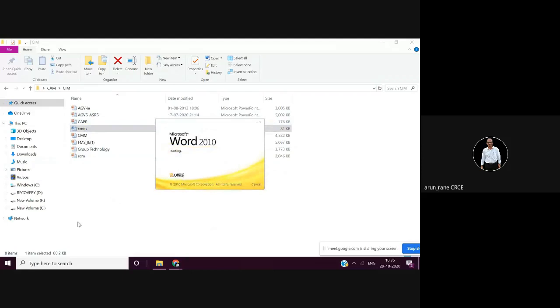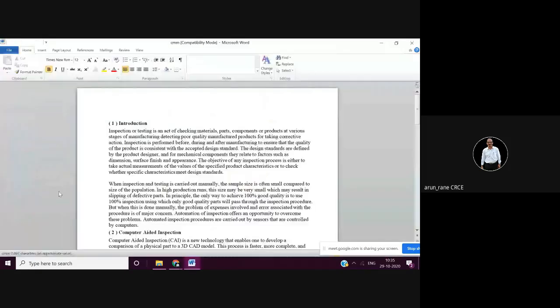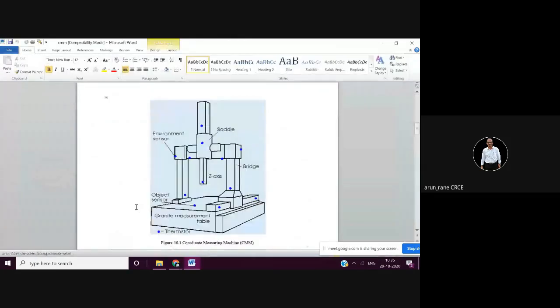So again, in SIM you have CMM. Just have a look at this machine, and the full form of CMM is Coordinate Measuring Machine. If you wish, you can draw it also, because again, it's a second popular question in the short note from SIM, mostly in question number 6.